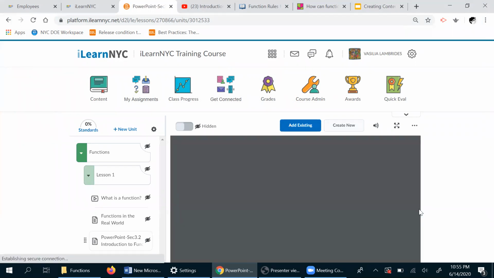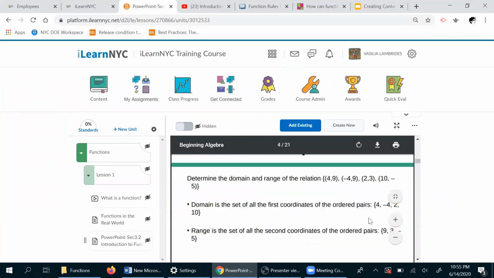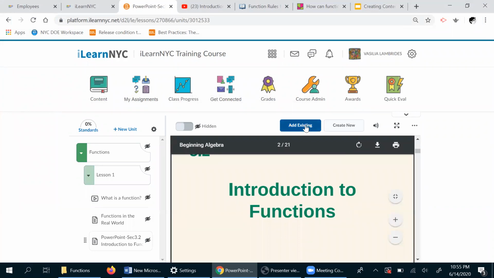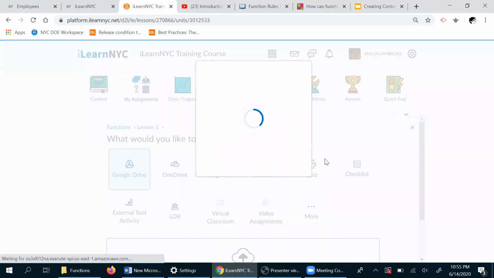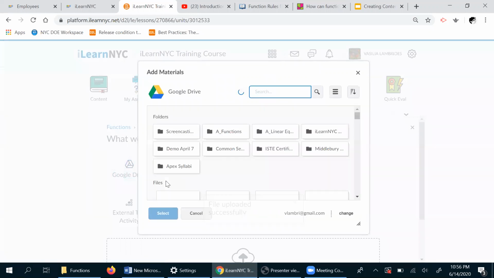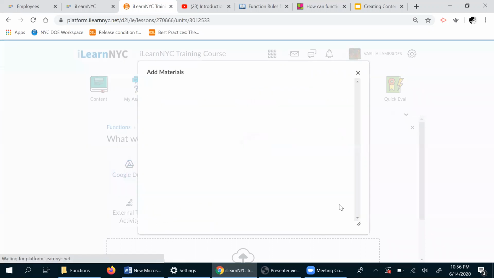As we're waiting for that, oh, there it goes. It's right here. So this has my whole PowerPoint that students can go through. I could also add, if I had any content built in from Google Drive, again, I would go to Add Existing because it's already built out. First time you would do this, it would prompt you to log in, but because I've logged in many times, it remembers. And I have here a file about input and output,